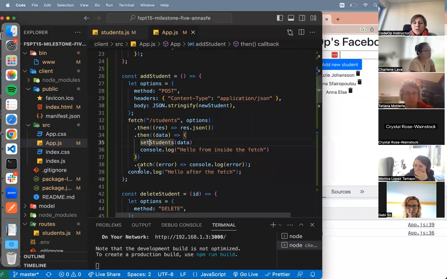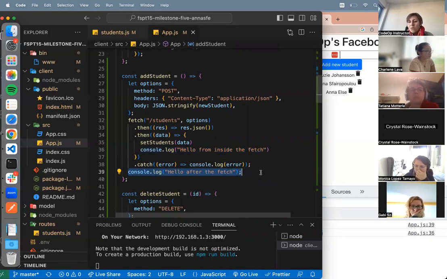Okay, so with console log, it's okay because it's a console log, but that's for everything. So if you needed to call some other function, or wanted some other functionality to happen after you add a student, to update something, to show something, to update some state variable, maybe from true to false or whatever, you need to put all the actions that you need to happen after the fetch inside the .then part, not after it,